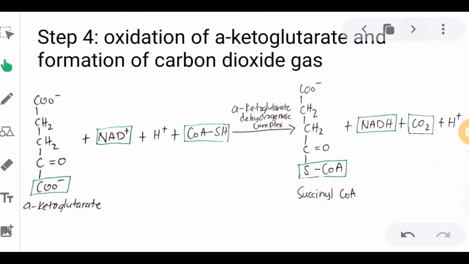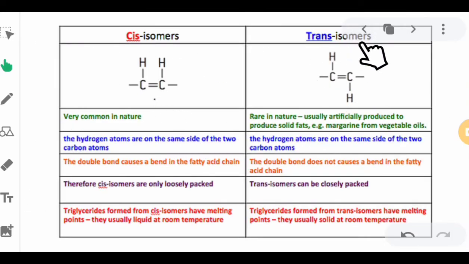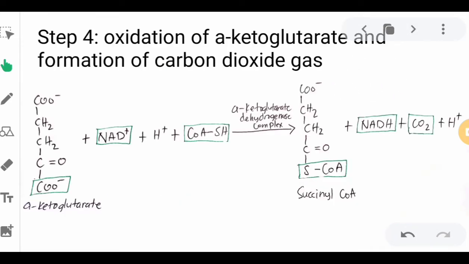And then this is very common in nature, and this one is rare in nature, and here are the other definitions. Now, for step 4, which is the oxidation of the alpha ketoglutarate and the formation of carbon dioxide gas,